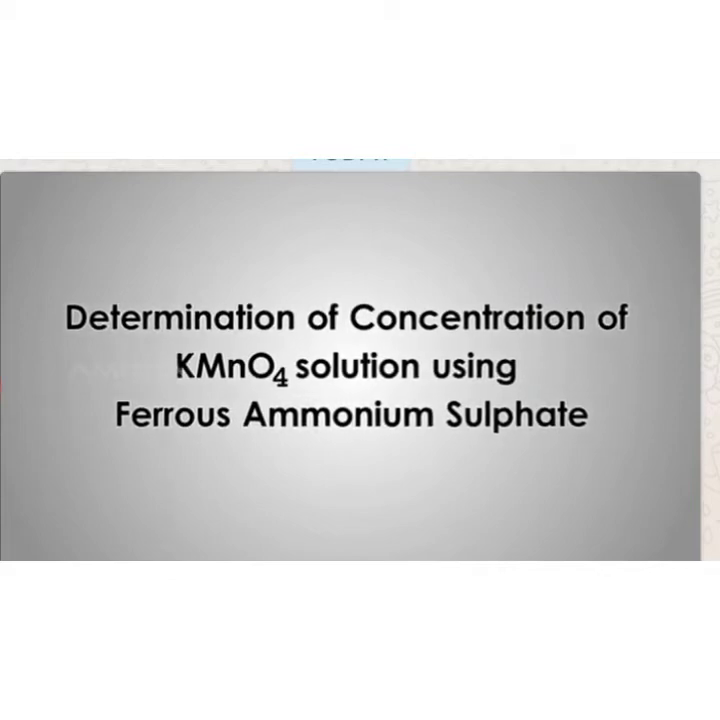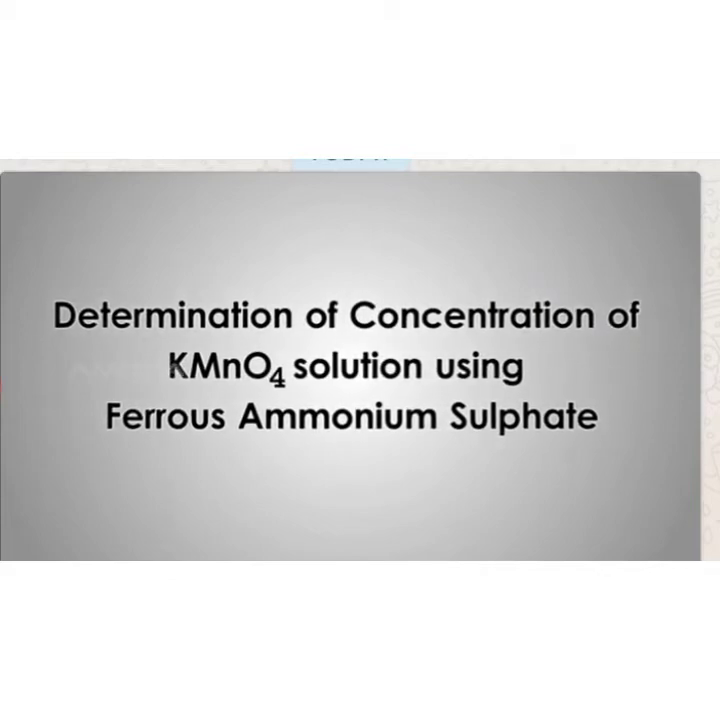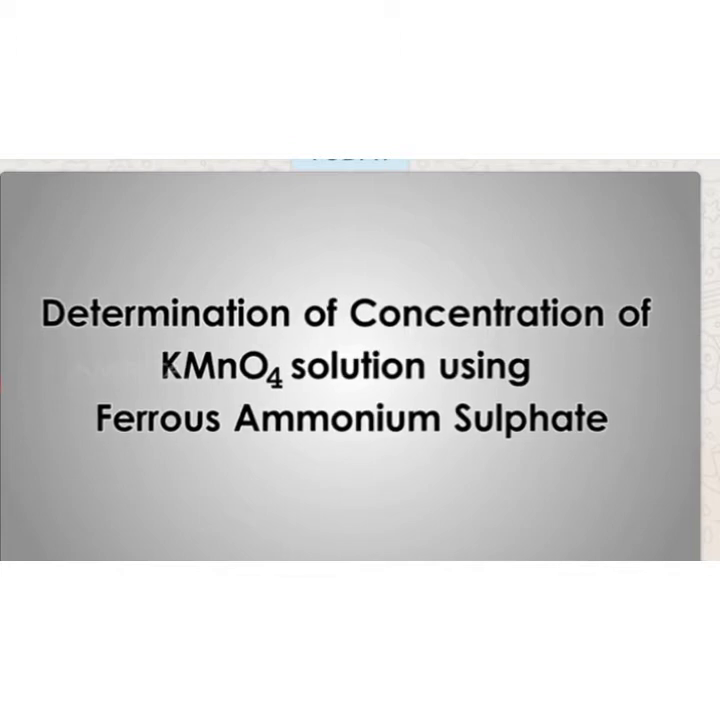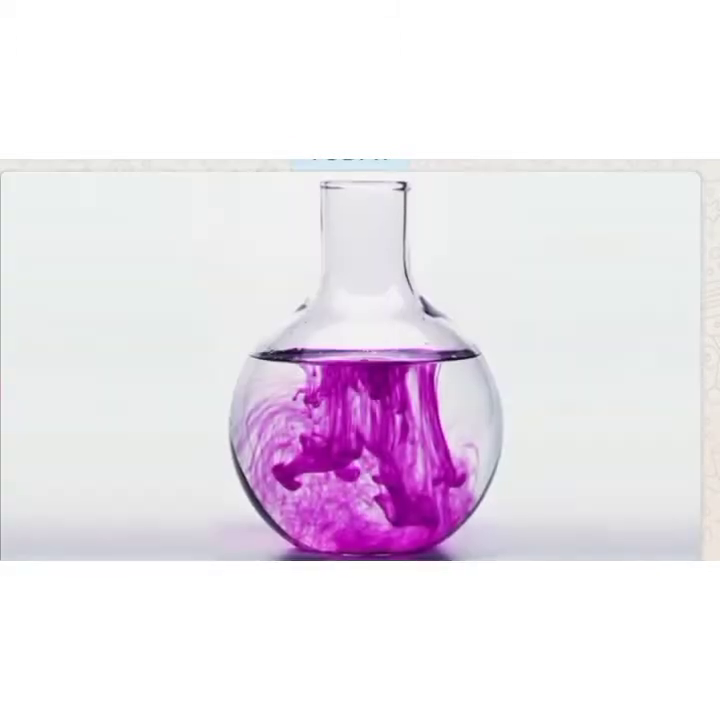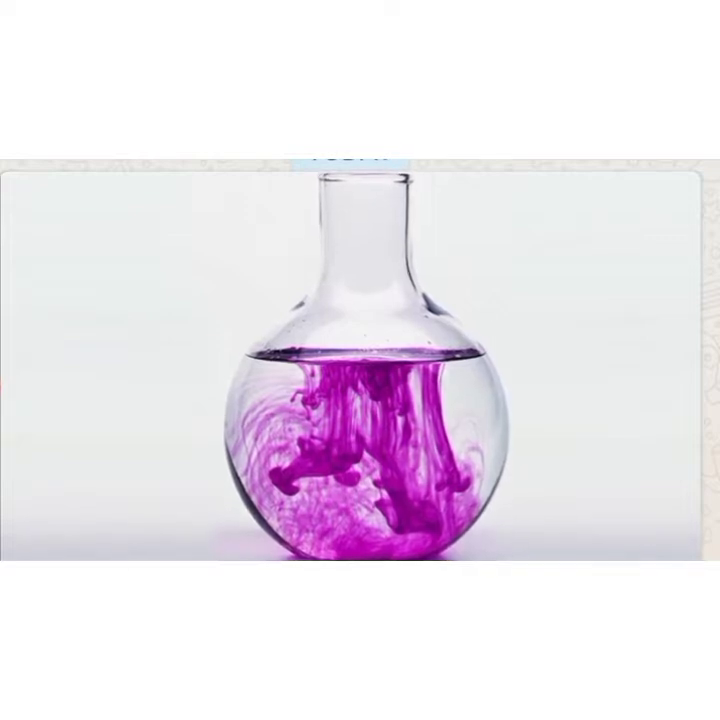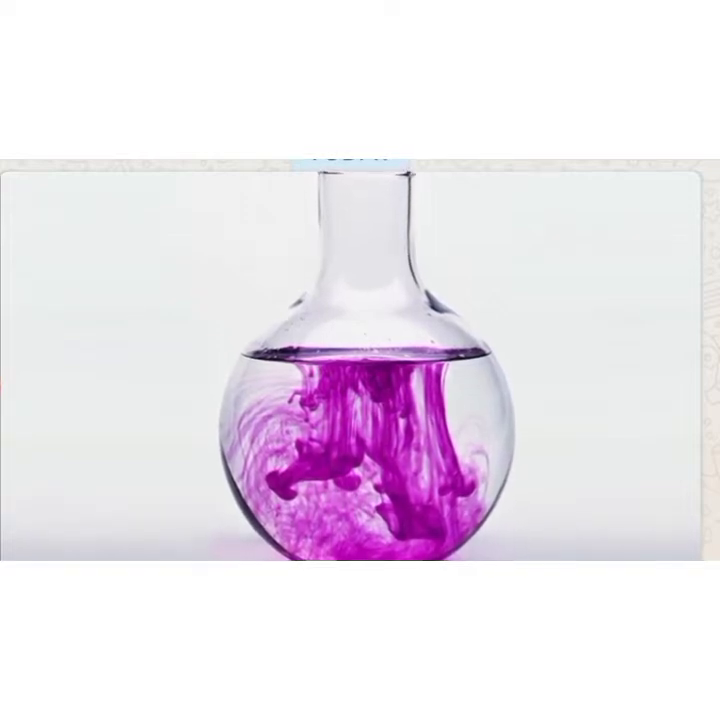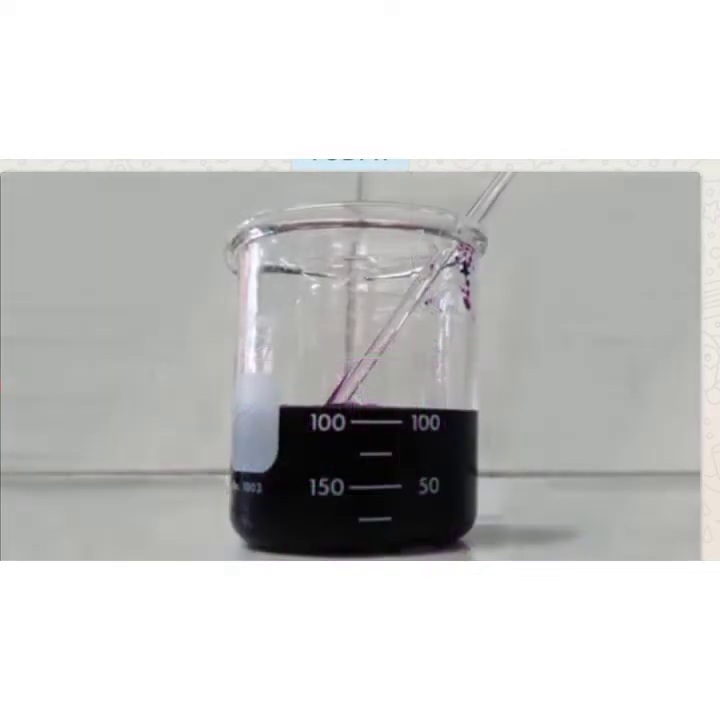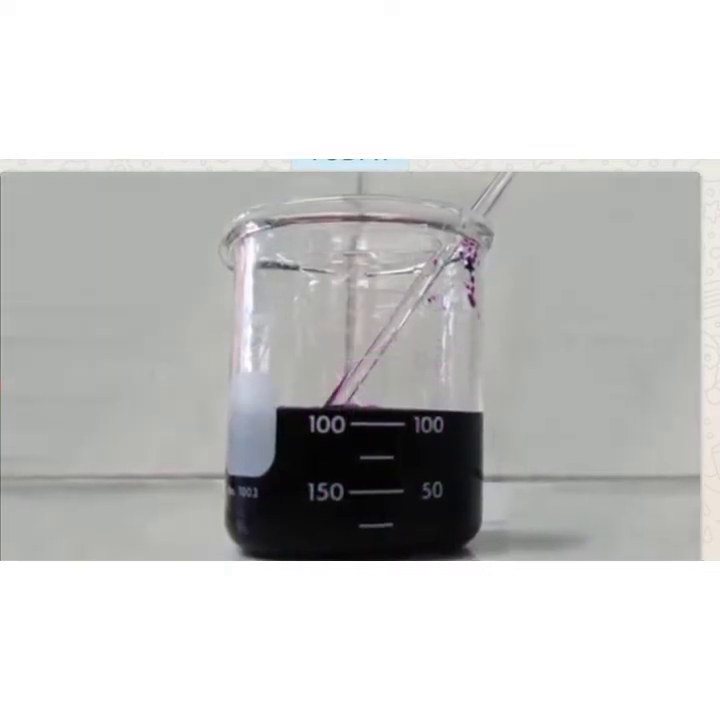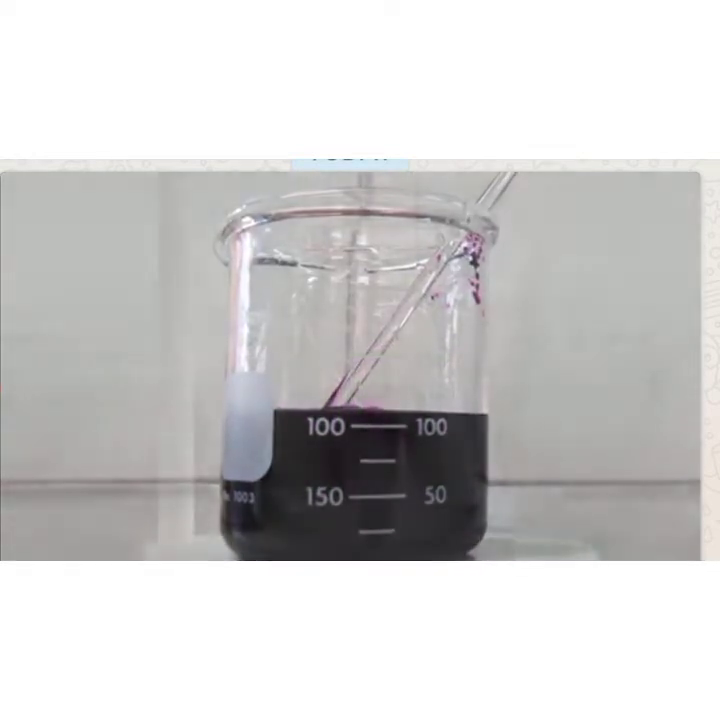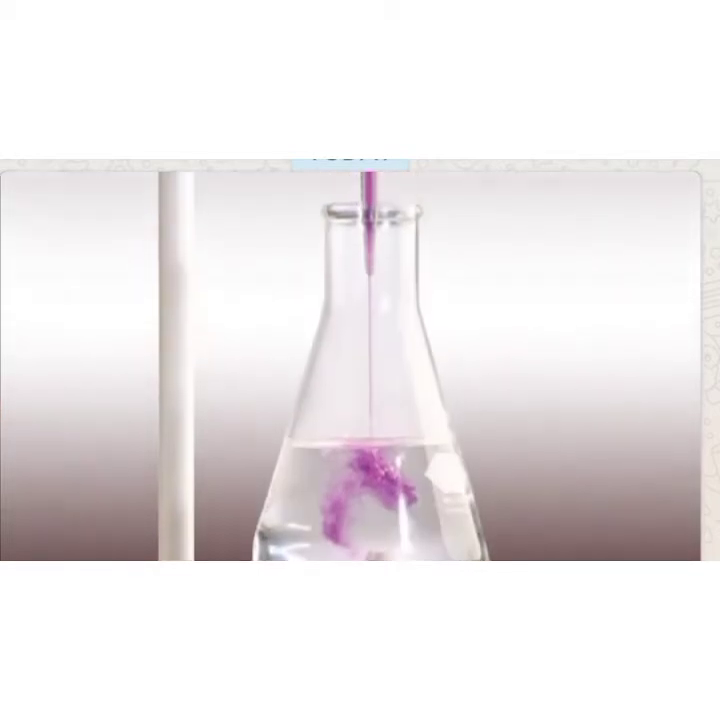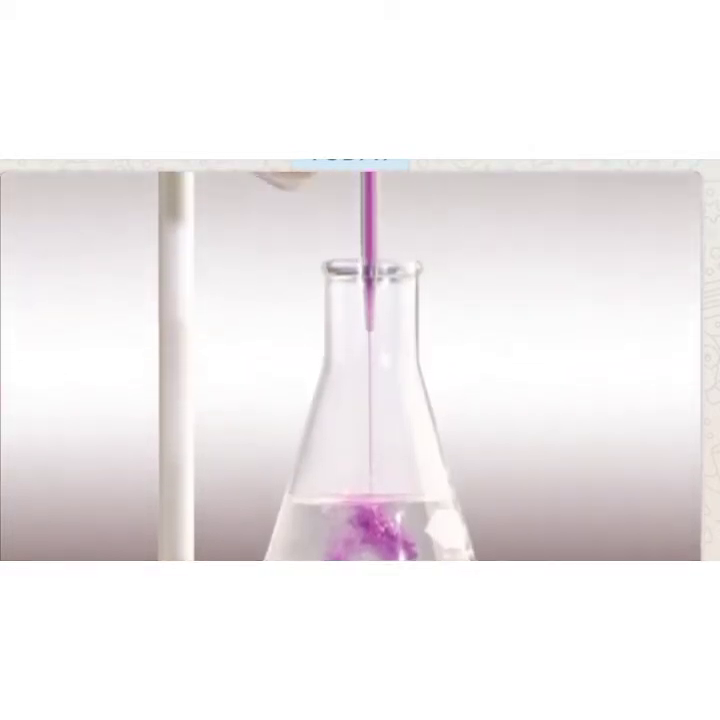Determination of concentration of KMnO4 solution using ferrous ammonium sulfate. The process of titration is used to determine the strength of a given solution of potassium permanganate. In this titration, potassium permanganate solution of unknown concentration is titrated against a standard solution of ferrous ammonium sulfate, also